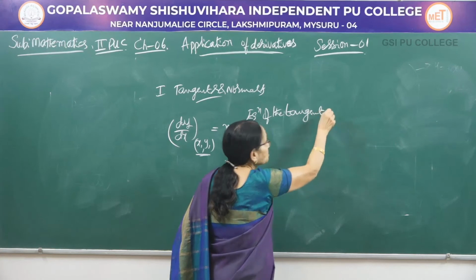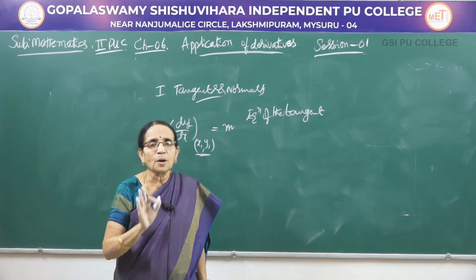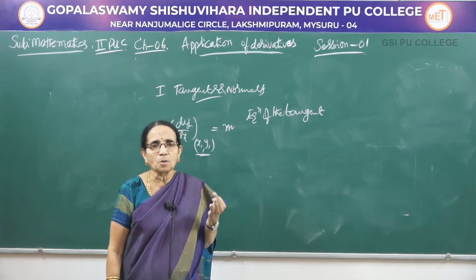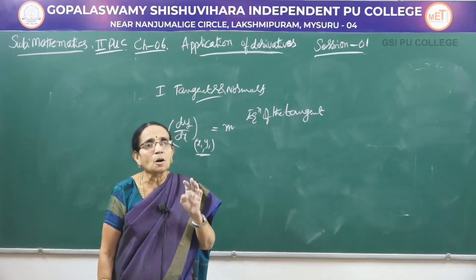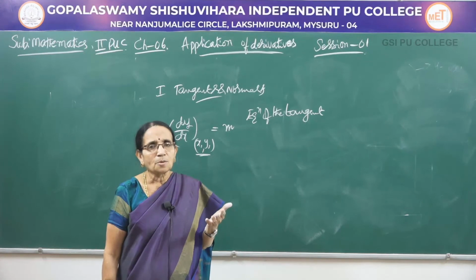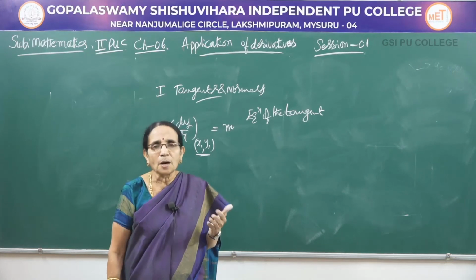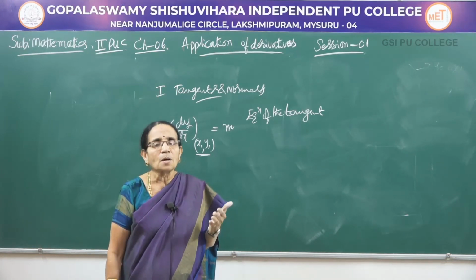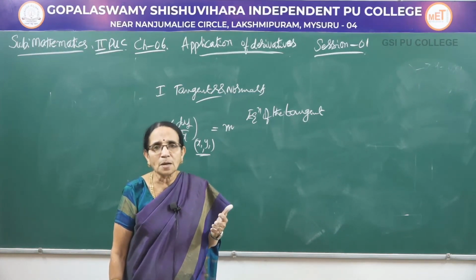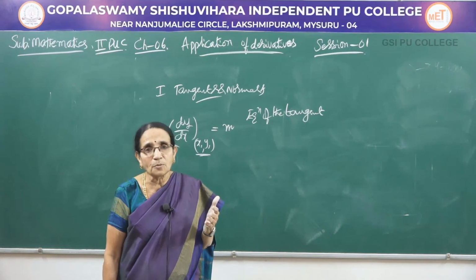Again, I go back to first year analytical geometry. In that chapter on the straight line, you have learnt about 5 forms of the equation of a straight line: the slope intercept form, the slope point form, the 2-point form, the intercept form, and the normal form. Given different data, 2 data would always be given. If the slope and the intercept are given, we write y equal to mx plus c. If 2 points are given, x1 comma y1 and x2 comma y2, we call it the 2-point form. If the slope and one point are given, then it is y minus y1 equal to m into x minus x1, which is called the slope point form of the equation.